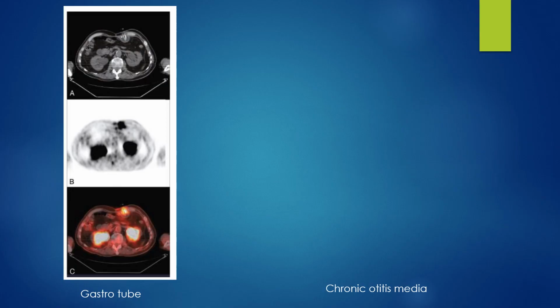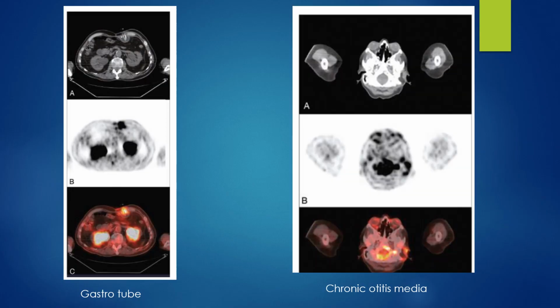So here's the FDG uptake in the gastro tube right there. And then on the fused images, you see it right here where my mouse is pointing. On the CT, you actually see the hardware of it. So the second image here is a